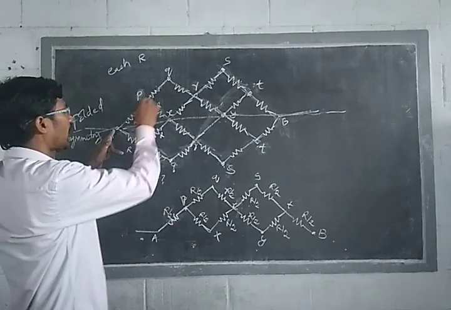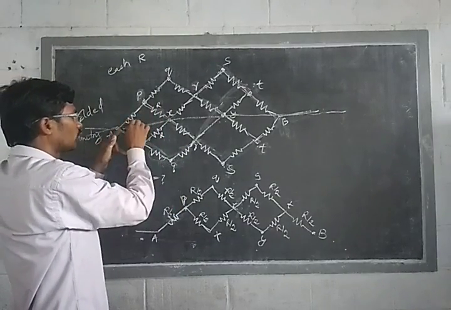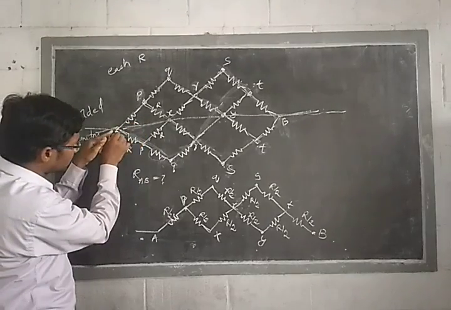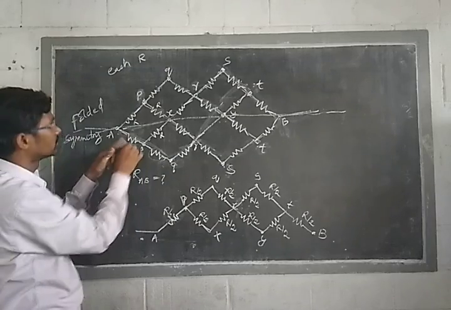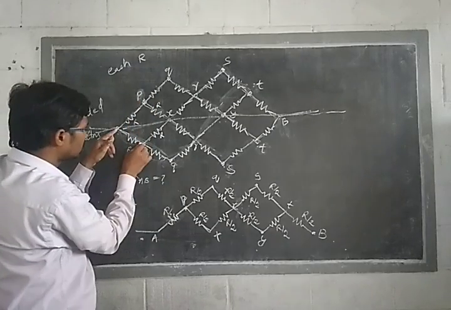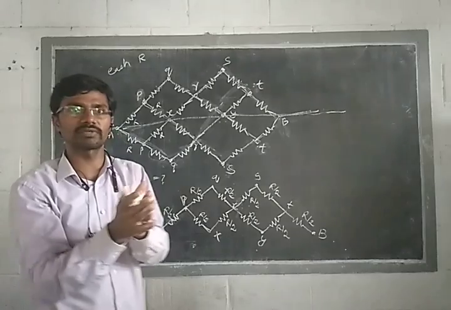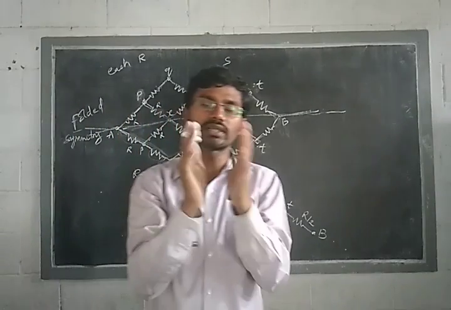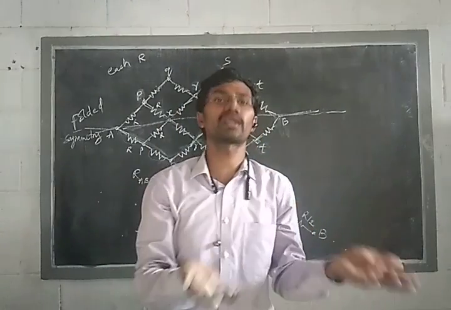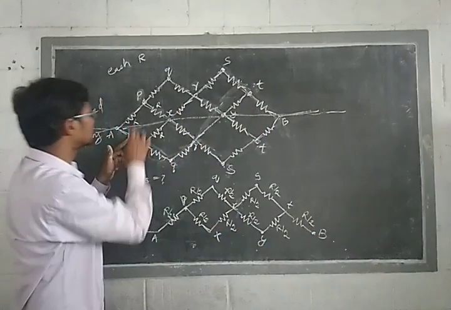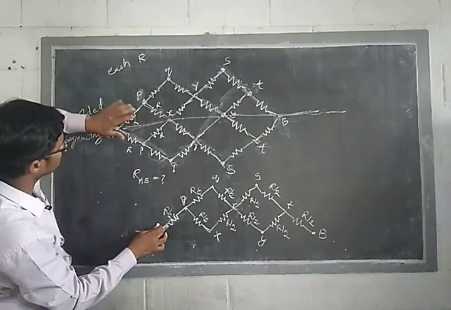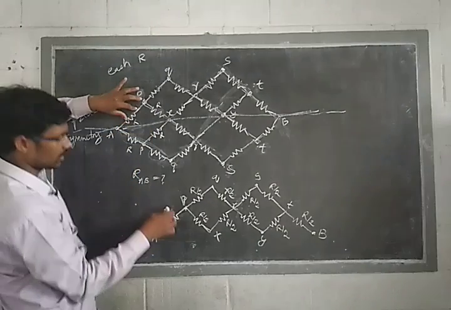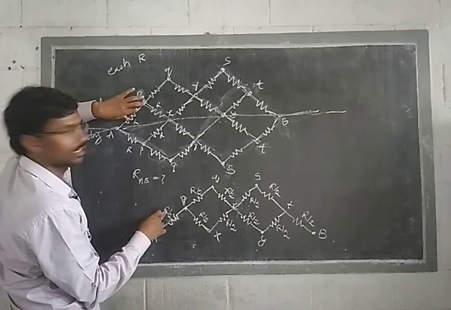So A and P, in between we have resistance R. One more here, P and A, here also we have resistance R. Now this P and A and that P and A have the same potential difference. Same potential difference means what is that combination? Parallel combination. Now this resistance and this resistance are in parallel. Instead of these two I have drawn, this is removed, I have written R by 2, R into R by R plus R.